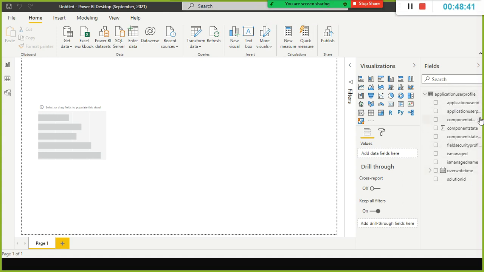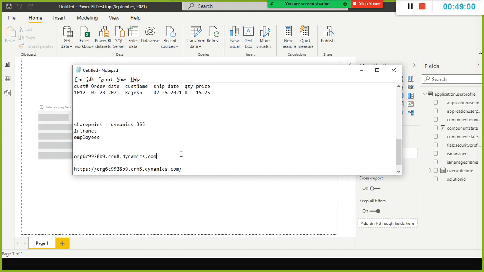This is the application user profile. This is one table and this is another table. These are the columns in this table. All the data got imported successfully. Supposing you have created your own table on the database, now you understand how to connect to the database and load the data here. So how do you load this? This is how you need to go.